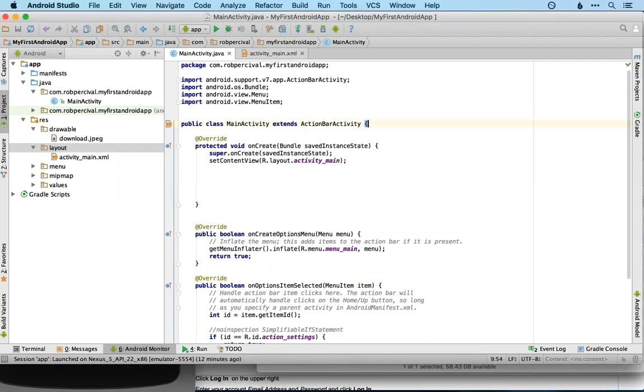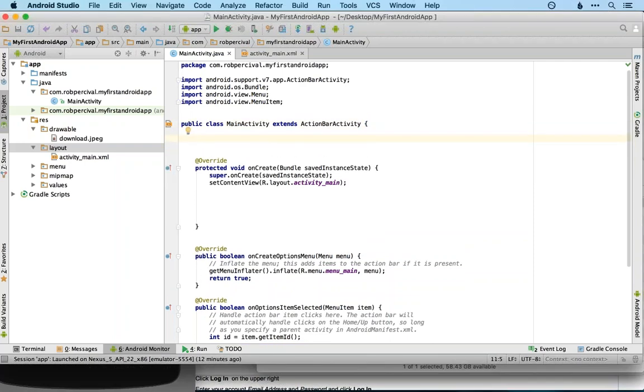So let's create our method. We do that by starting with whether the method is public or private, and usually I go for public. And our method is not going to return anything, so we write public void, and then whatever we want to call our method, so I'll call it click button,